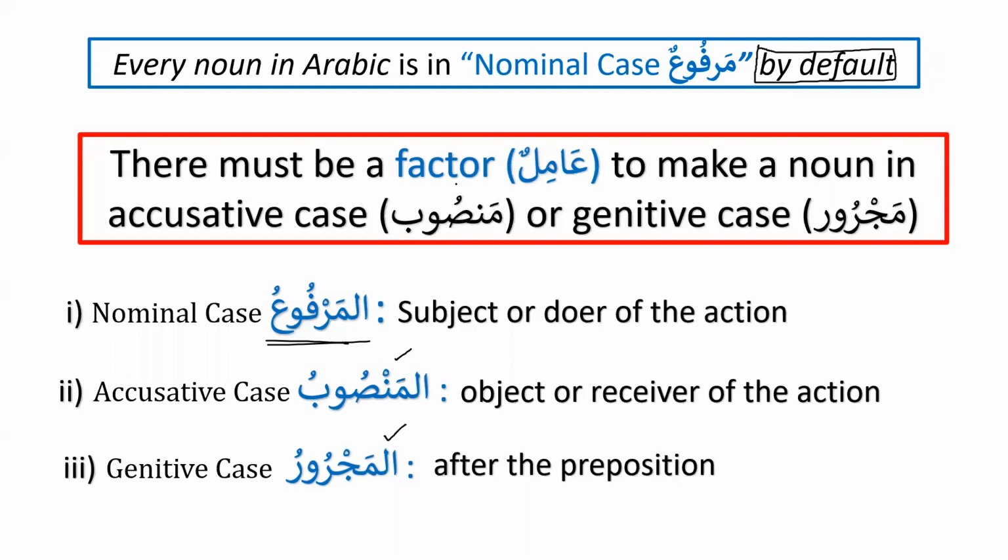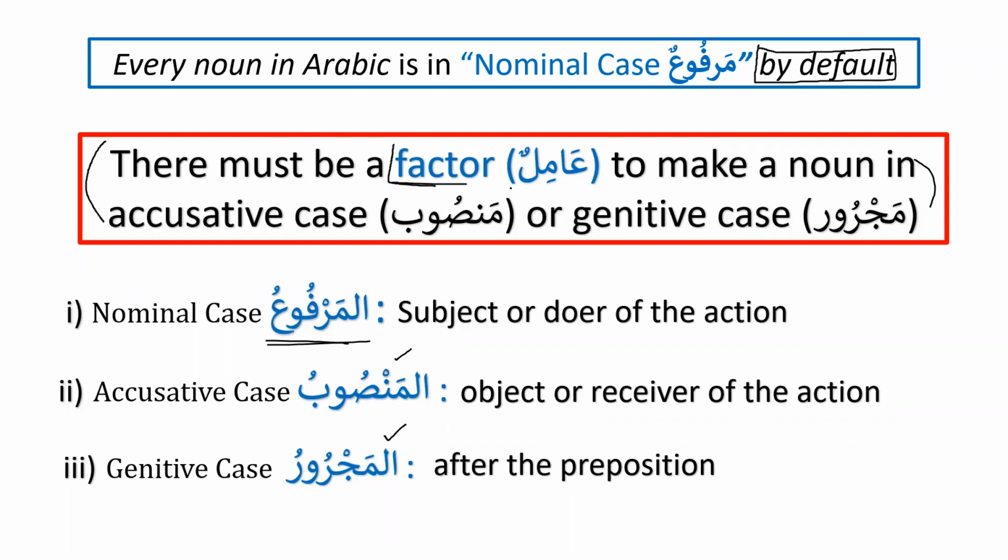there must be a factor which is called in Arabic amilun. So there must be a factor amilun to make a noun in accusative case, which is mansub, or genitive case, which is majrur. So inshallah, as we proceed further, we will get to know more about all these things. But I would say that this is the most important point. That's why you see it in red color, that we need to know that the noun, the original case by default, is marfu, and for a noun to be mansub or majrur, there must be a factor,